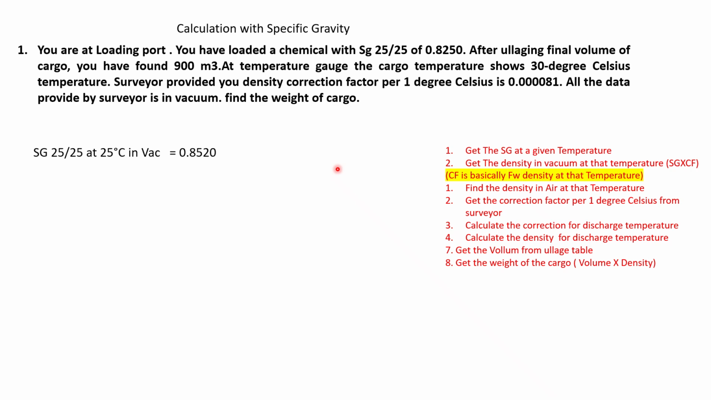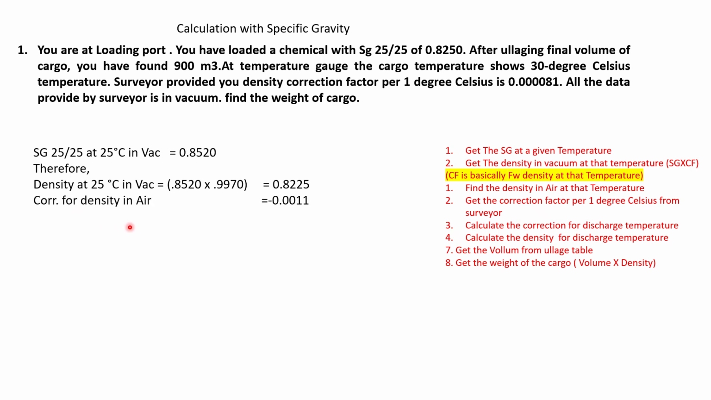So let us see how we do the calculation, how we find the weight. We find the specific gravity at 25 degrees Celsius in vacuum is 0.8522. As it is in vacuum, we need to convert it to air. How to convert it to air? You just subtract 0.0011, right? And as we know, we have got a correction factor, right? This correction factor is 0.9970. So we have got a specific gravity of 0.8520, and